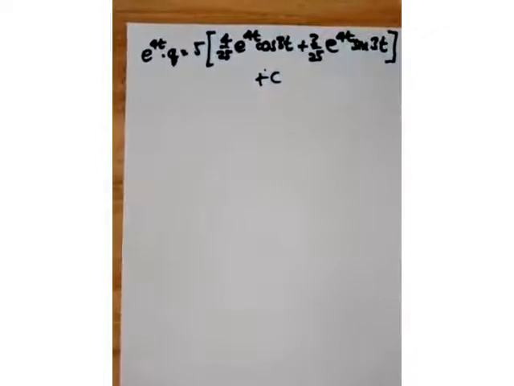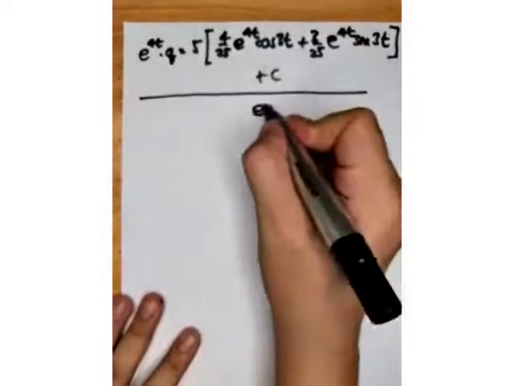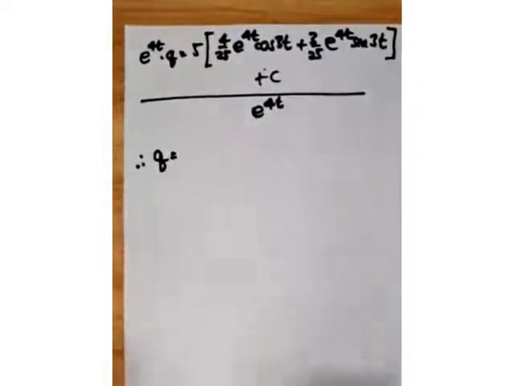Okay, let's combine. We divide this by e raised to 4t. So therefore, Q is equal to